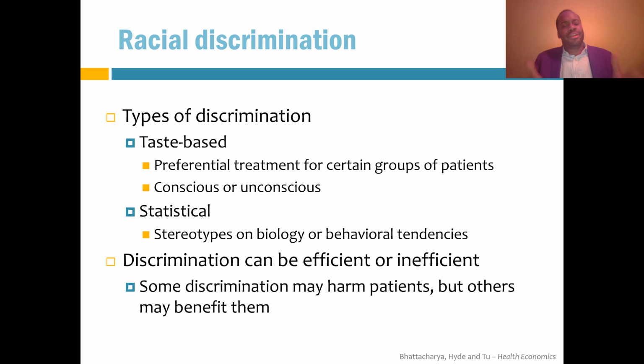Clinicians, I'm curious on your thoughts on efficient versus inefficient discrimination. And then obviously there's inefficient discrimination, which is basically when I see somebody, I have a negative view of them, of their biology, of their behavioral tendencies, and so I just render care differently. This can be conscious or unconscious, and we always have to take out bias in the system